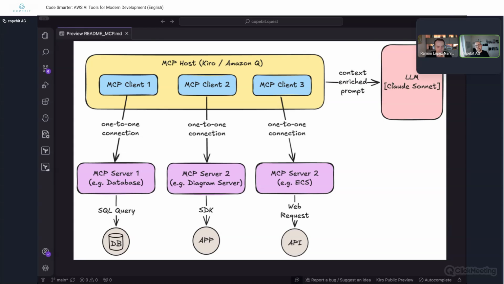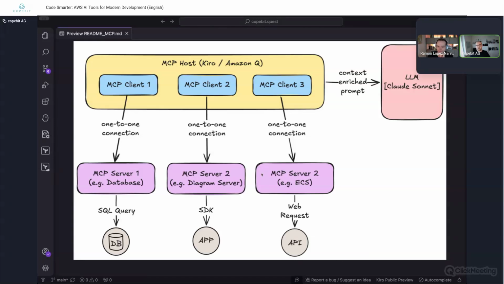We'll see that in a minute, and I hope it gets more clear. But basically, we send requests to, for example, server 1 for database, which is performing SQL queries, or we use something like a diagramming server, the one that I'm going to show you in just a second, or we have a more specialized MCP server, in this case the ECS MCP server, that does requests towards the AWS API.